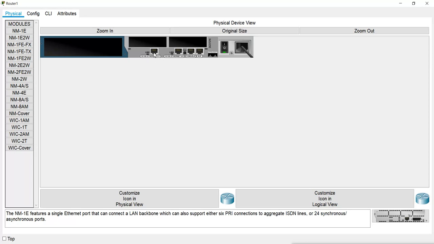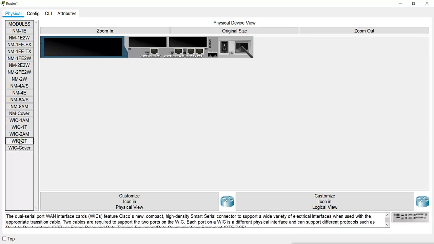Now I will show you, I will add more ports here. I will add serial ports. We don't have serial ports, so I will add serial ports here, for this VIC2T. Okay, I will add these serial ports here. One more here.